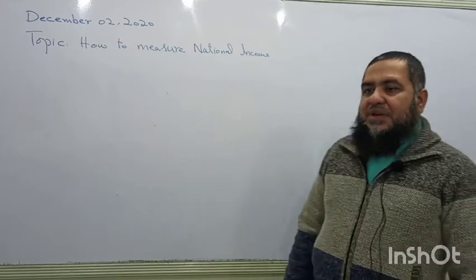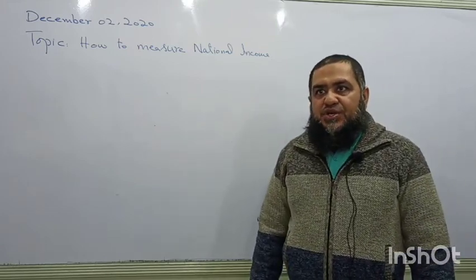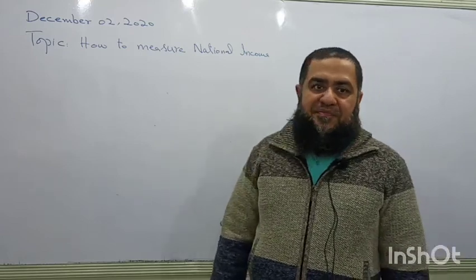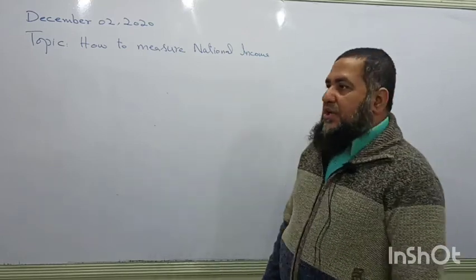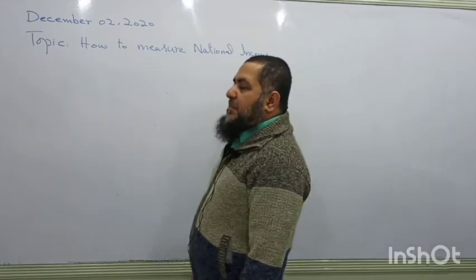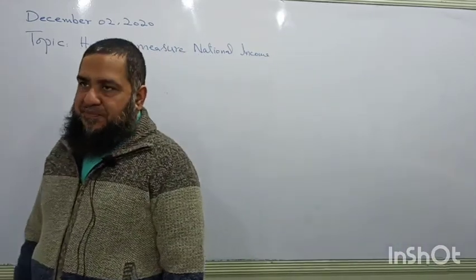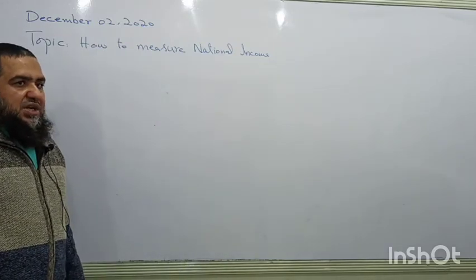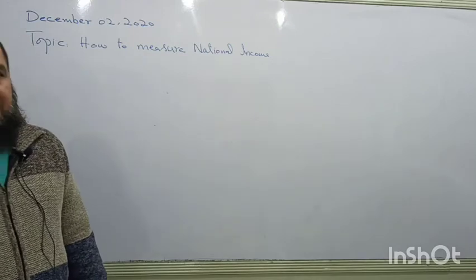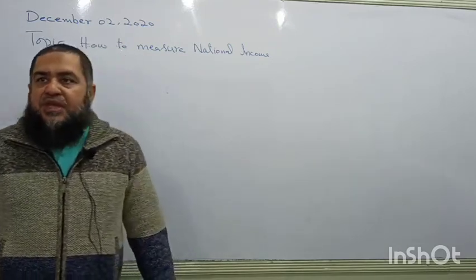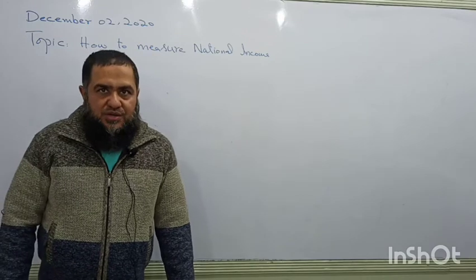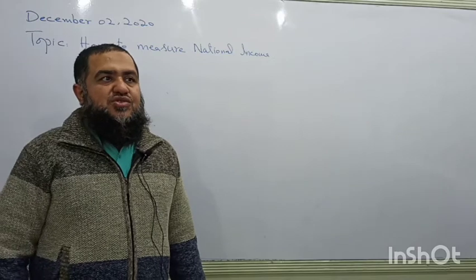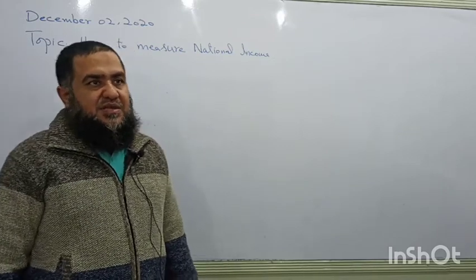The real national income is measured, and then it can be used to measure the real per capita income, which is very important in order to say how much materially people are becoming better off over a period of time. So, if a country is able to measure national income accurately, with less and less errors, then this statistic will be used in many areas to plan for the upcoming years.